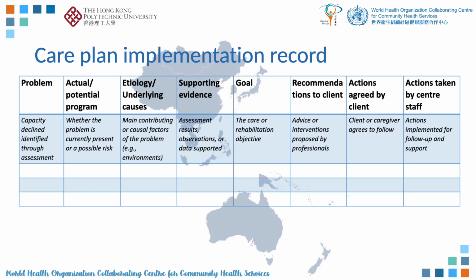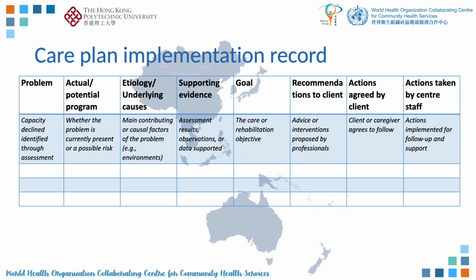So after providing a personal care plan for older adults, as a health professional, you also need to record the care plan implementation for each client and for the follow-up. For example, you need to write down the problems such as the intrinsic capacity decline identified through the assessment, and whether this decline is currently present